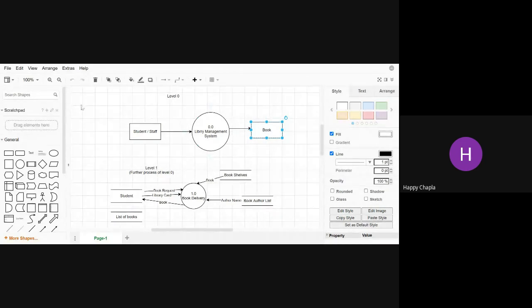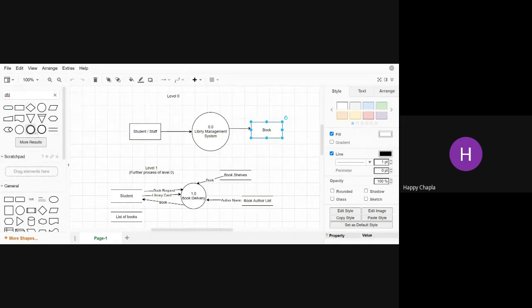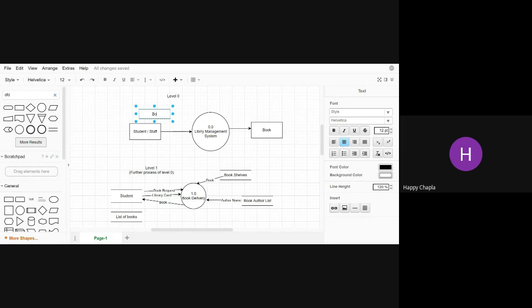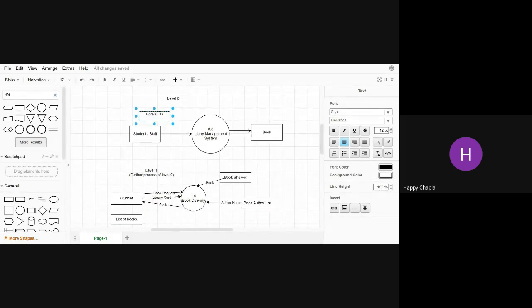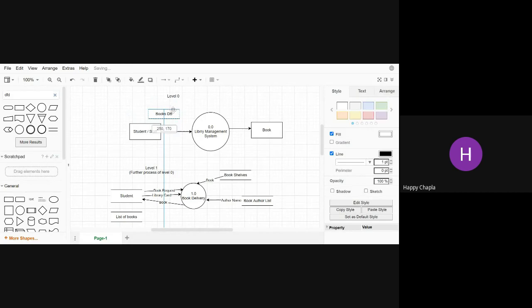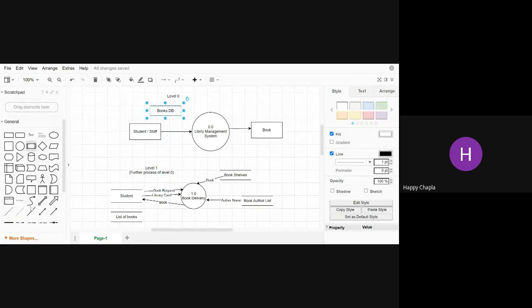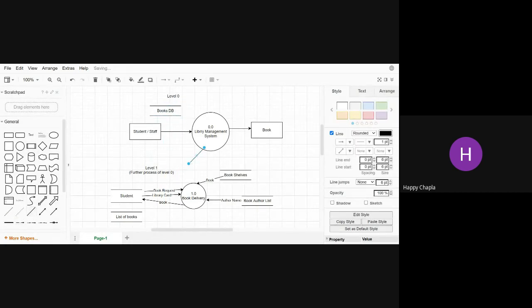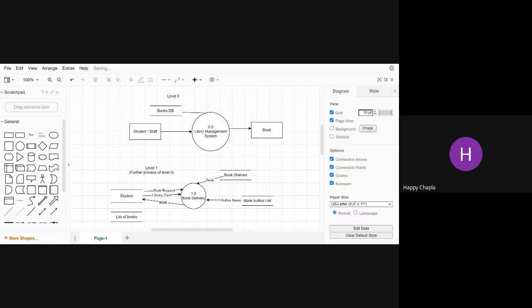Okay, so here you can also mention, it will provide you this kind of diagram, sorry, box you can mention inside this. Book database, student database, or whatever, right?